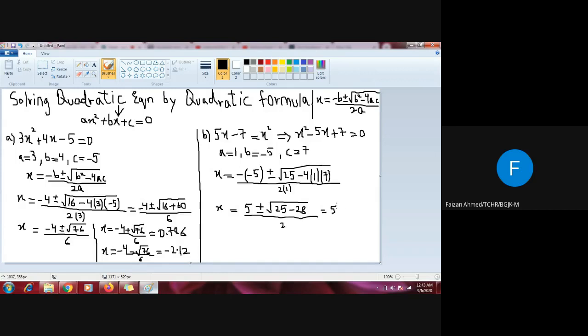On simplification, it will become 5 plus minus, and it will be negative 3. And you guys know that we don't have a square root of negative numbers. If you have your calculators, you can check this. We cannot find the square root of a negative number. So this is basically the point where we can say that this quadratic equation has no real roots, because we cannot find the value of x. So we will write no real solutions.